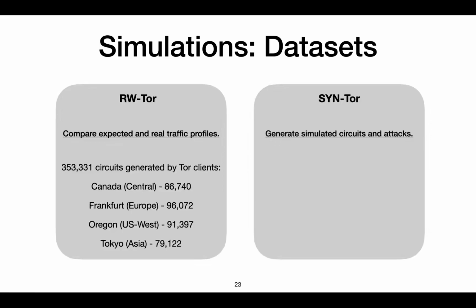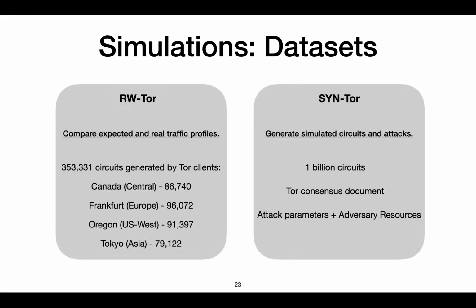The second dataset contained 1 billion synthetically generated circuits. Note that there are approximately 1.2 billion circuits observed in Tor per day. This larger synthetic dataset was generated in order to allow experiments on larger dataset sizes, which were beyond the real-world Tor setup due to the expense and time costs. The expected probability distribution these synthetic circuits followed came from a Tor consensus document. We also varied the attack parameters and